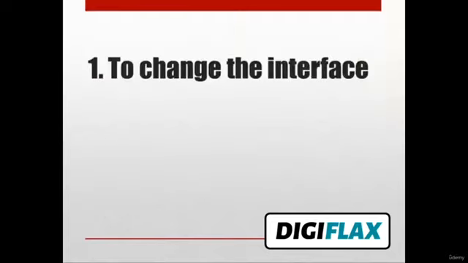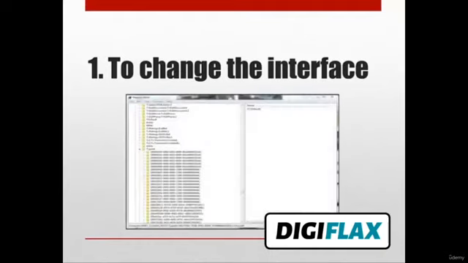First is to change the interface. A system is given a user interface using which you can interact with the system. But if you don't like the interface or you want to change it, you can hack into the system. For example, in Windows operating systems, you can hack and change some of the default settings, like the startup screen, the themes, and the colors of menus and everything. You can do it by the registry editor, which is very easy.